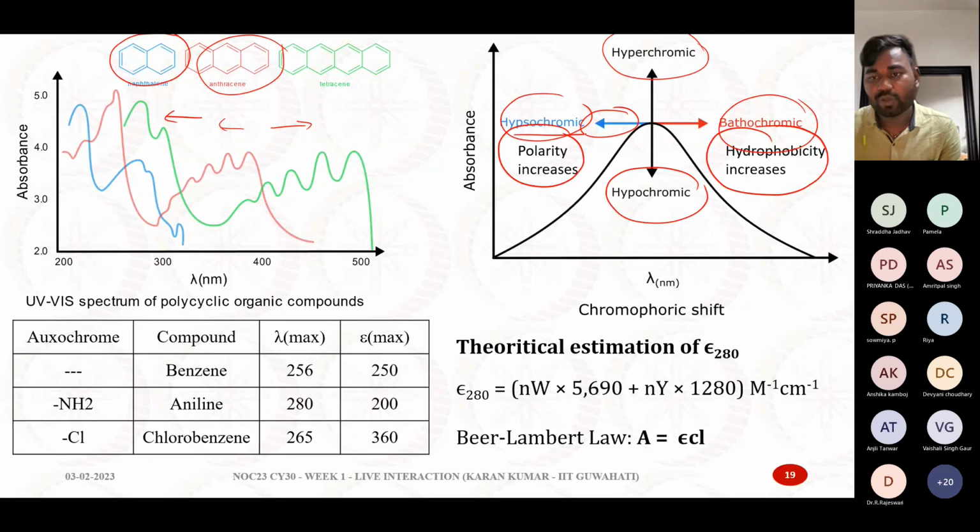That is why it is hypsochromic. Bathochromic means moving towards the right direction, higher wavelength, which is red shift. Hyperchromic and hypochromic are when the peak shift